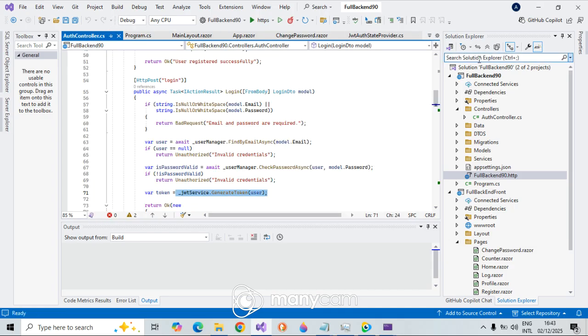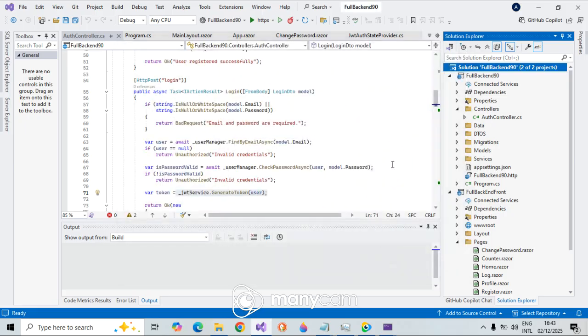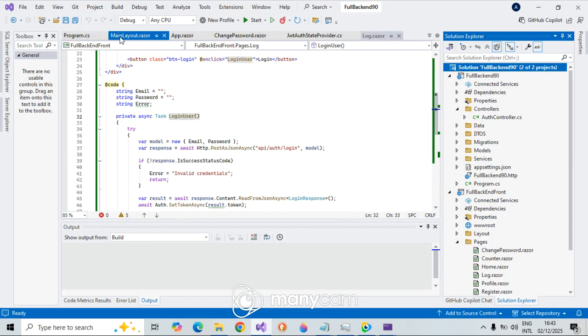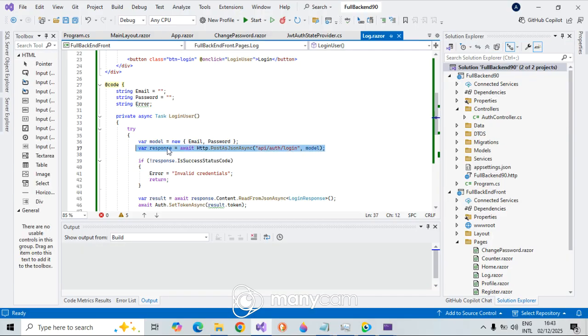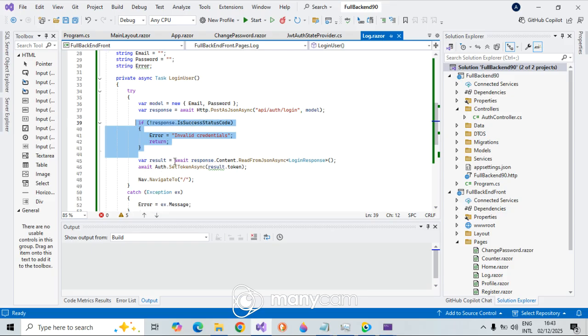Now I go back and I choose both projects and multiple startup projects. This is the backend, here login user. Now I want to make a call to that endpoint. Very easy: response post as JSON async to our API, and we pass our model, which is email and password. If it doesn't succeed, then invalid credentials. But if it's valid,